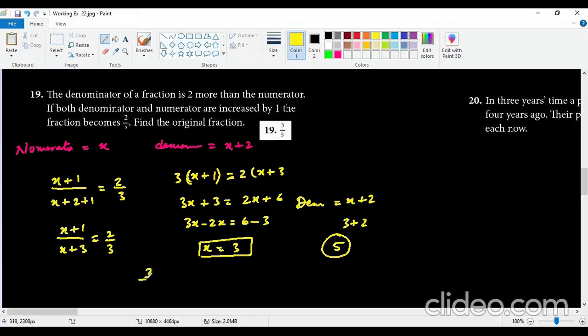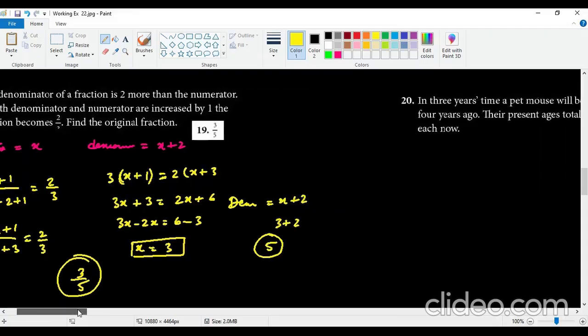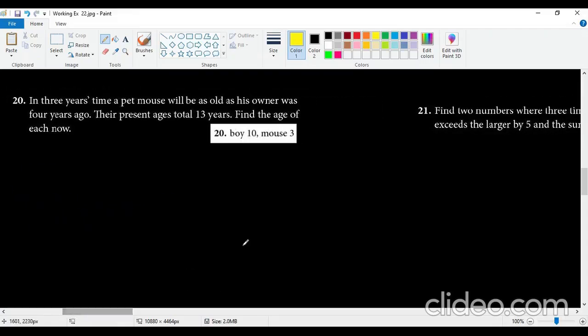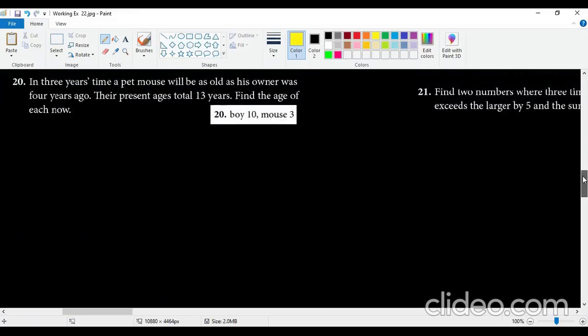Moving on to the next question, which is question number 20. Now in this question, I will assume the age of the mouse. If I say the current age of the mouse is equal to x, and the owner's age is going to be y. So according to the condition, x plus 3 equals y minus 4,